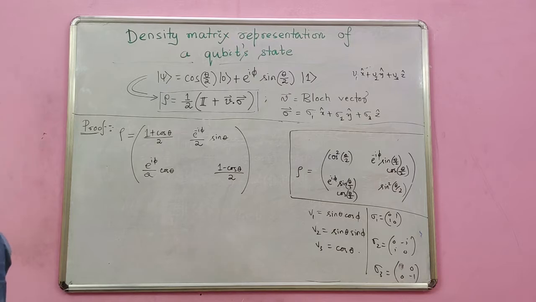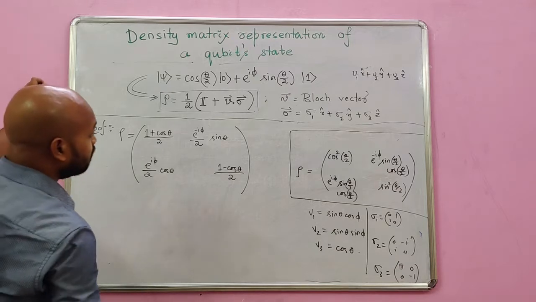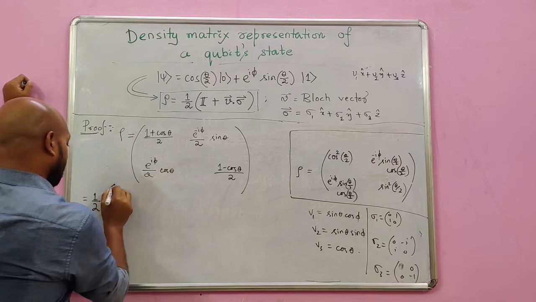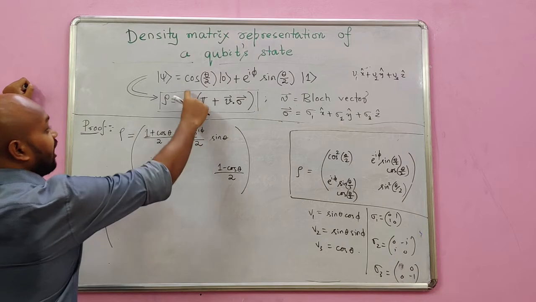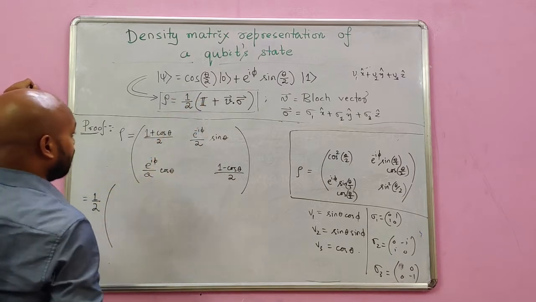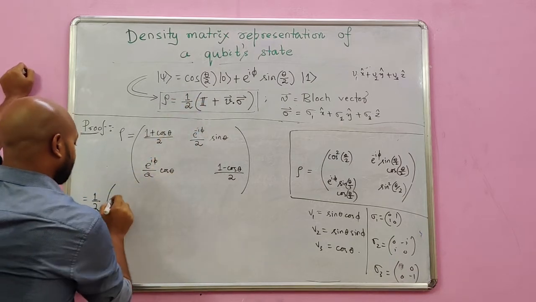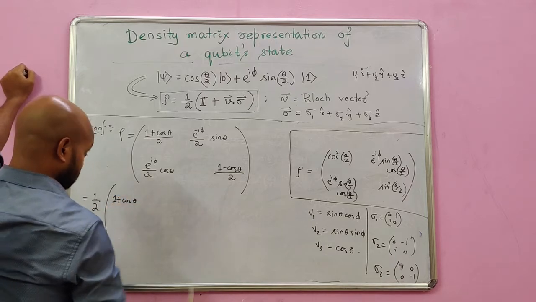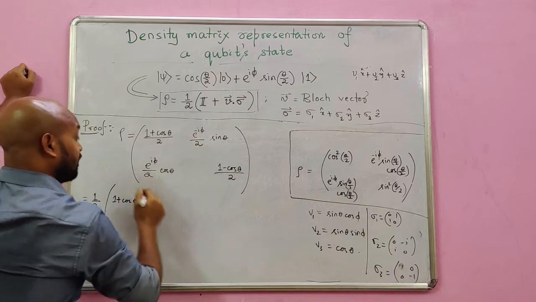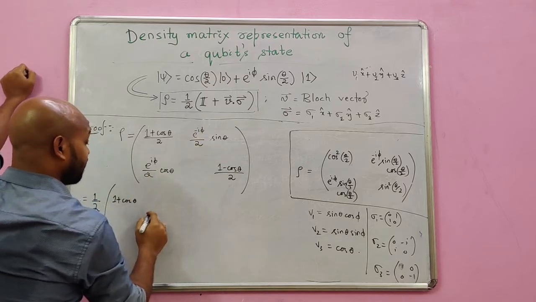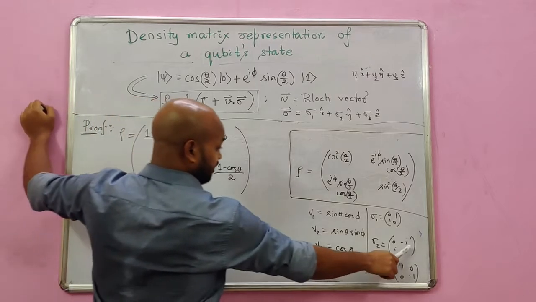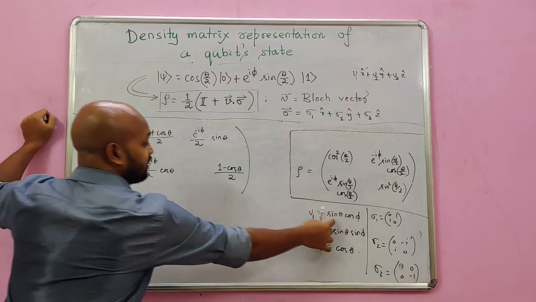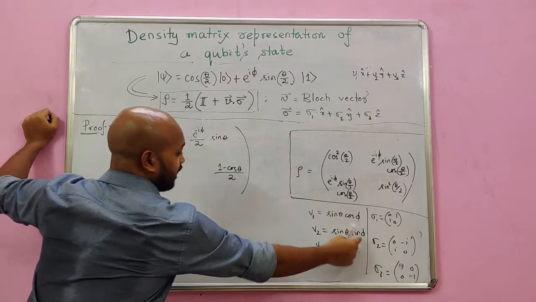Okay, all good. Let me pull out this 1 by 2 outside, and you could already notice that I have already got this 1 by 2 here. Okay, and then I have 1 plus cos theta here, and here I expand this e power minus i phi because at one point I will be needing these i's here. Okay, and also sin theta cos phi terms, sin theta sin phi terms.